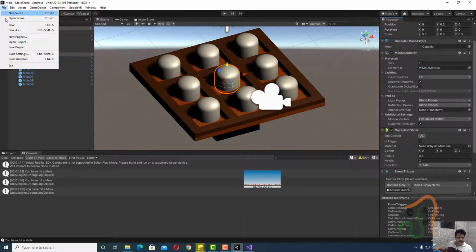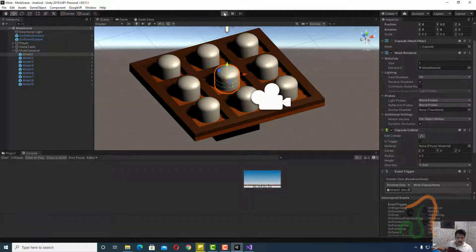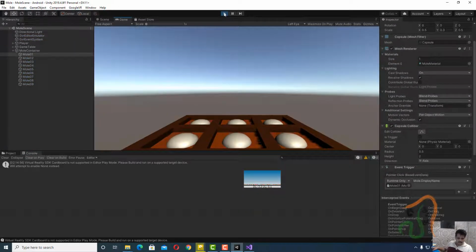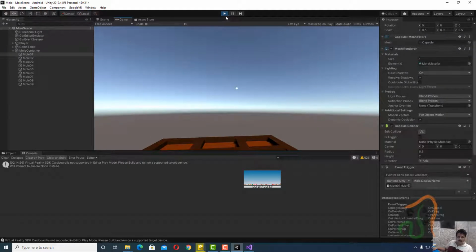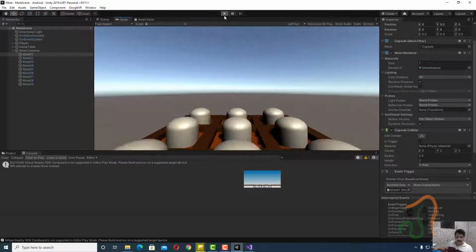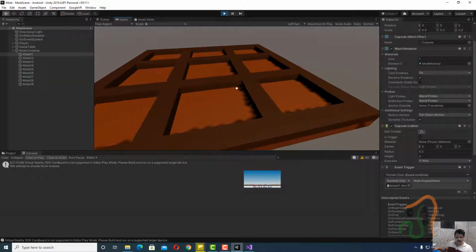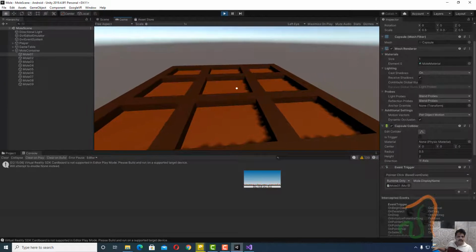Click save here, and once you save this, now clear the console window, and when you play the game, now you can see all the moles are going down. I will stop the playback and I will again play this. So when I play it, you can see the mole going down. So it is moving from 0.2 to minus 0.3. All the moles are going down.